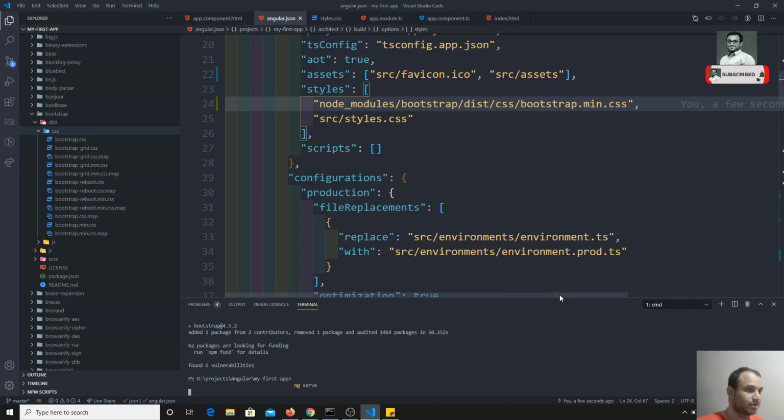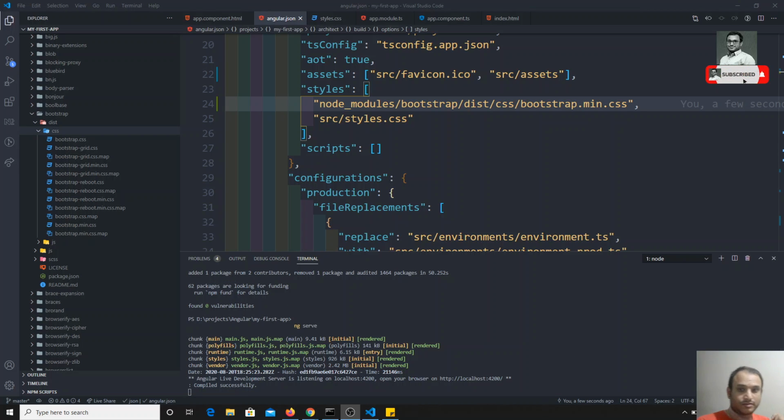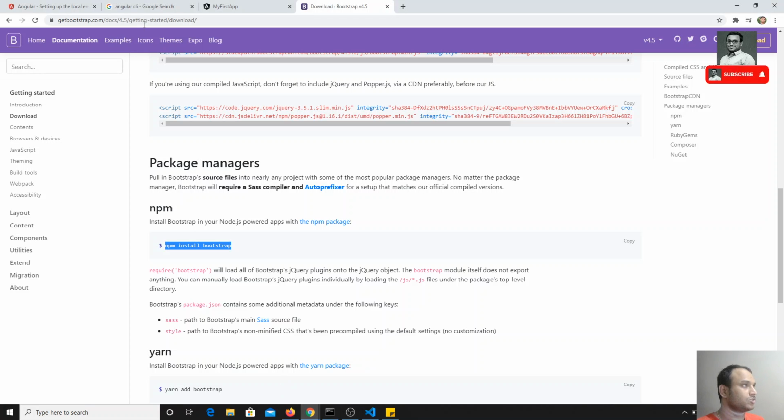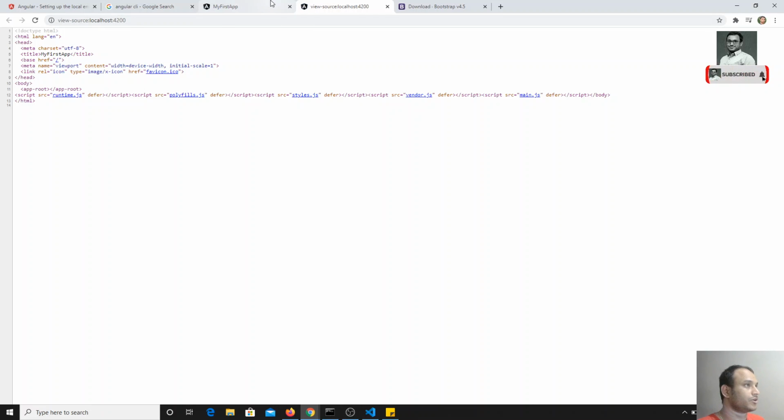Now after adding this node_modules path, let's start ng serve. I'm starting it here in Visual Studio only. It will take some time to boot the server. The server is running right now. Now I will open localhost. Here it is, right? Now I can run this one. Want to check the output? If you want to see the output, you go Control U. Okay, not Control U, sorry.